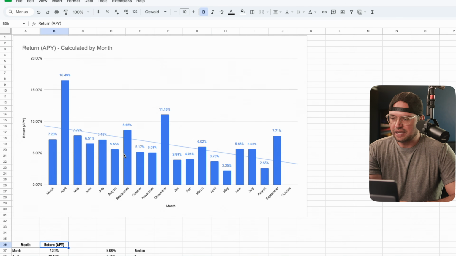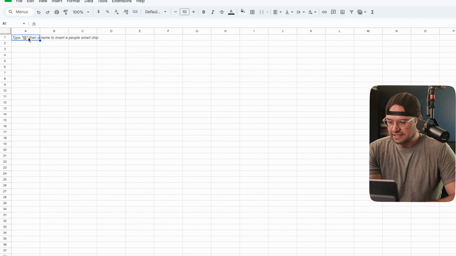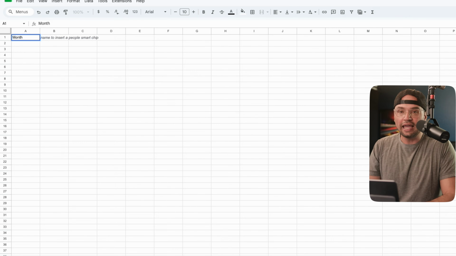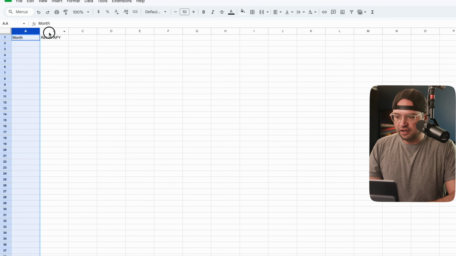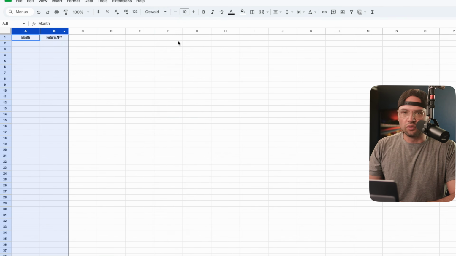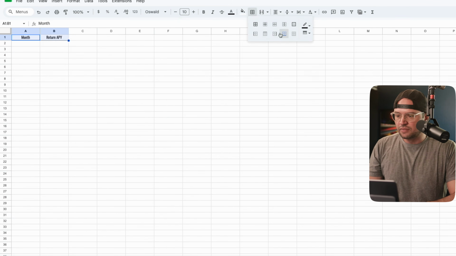The one thing I don't like is I've got the chart up here and the numbers at the bottom, which is kind of a pain when it comes time to update this thing. So what I want to do is actually move that to where the chart's at the top and the numbers at the top. Everything's at the top. Really easy. So we got month, we've got return, in terms of APY. We can center everything. We'll highlight both of these. We'll center it. We'll wrap the text if we need to. We'll center it vertically aligned too. I want everything to still be